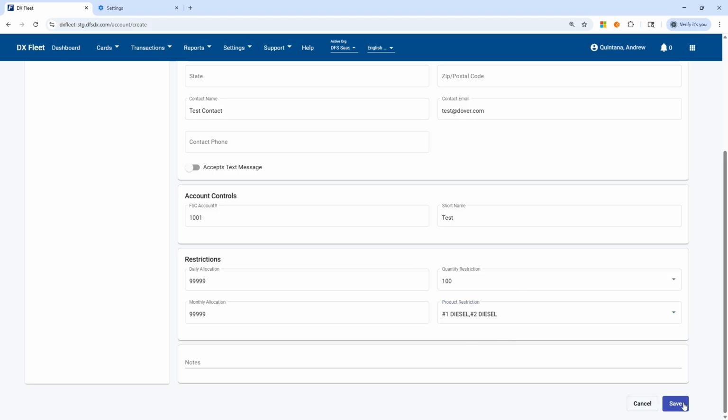Once this is all done, you're basically going to hit save and your account has been created. Now we are ready to go and add cards to that